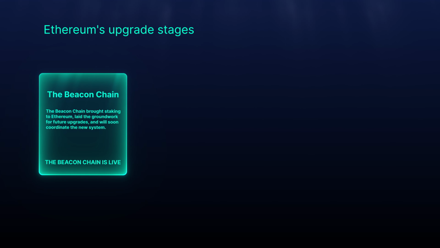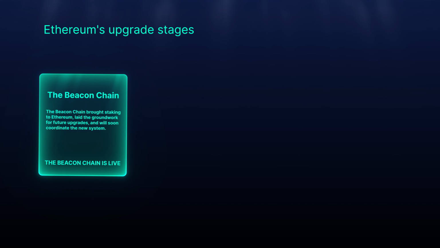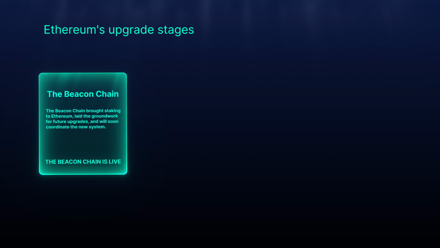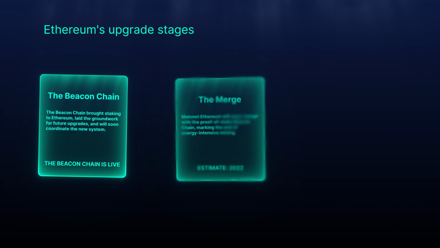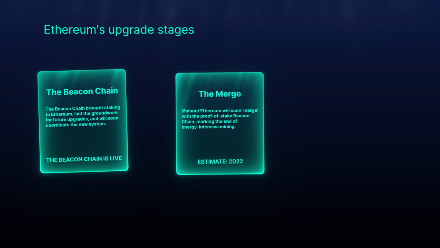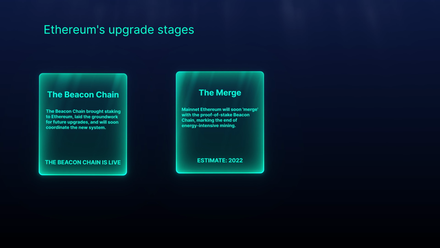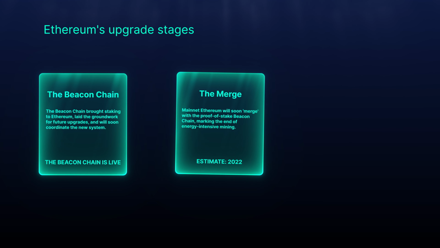The first stage was the Beacon Chain fork, which implemented token staking, a key feature of the future POS consensus protocol. It currently operates separately from the main network. The Merge fork, which integrates the Beacon Chain with the Ethereum mainnet, is expected in the second half of 2022. This will mark the end of proof-of-work consensus for Ethereum and the complete transition to proof-of-stake.